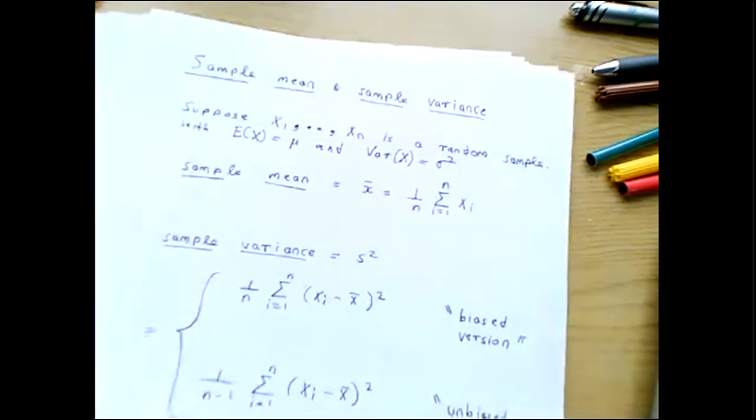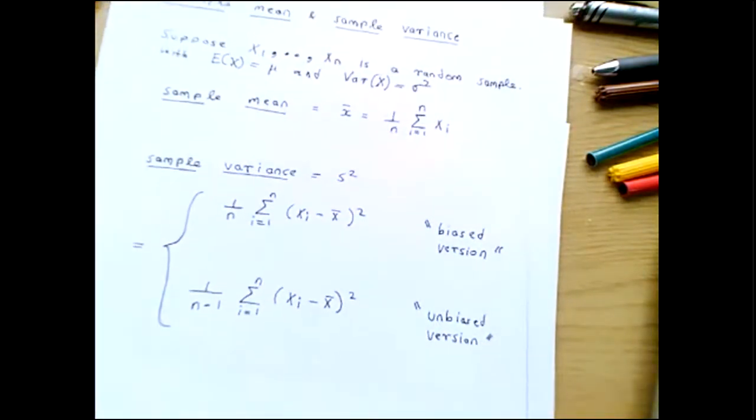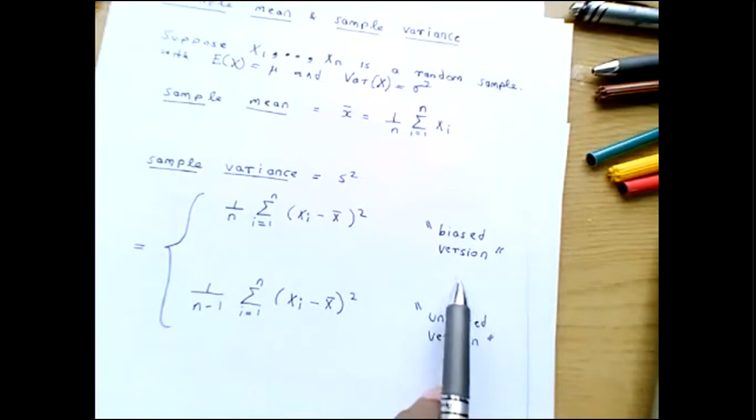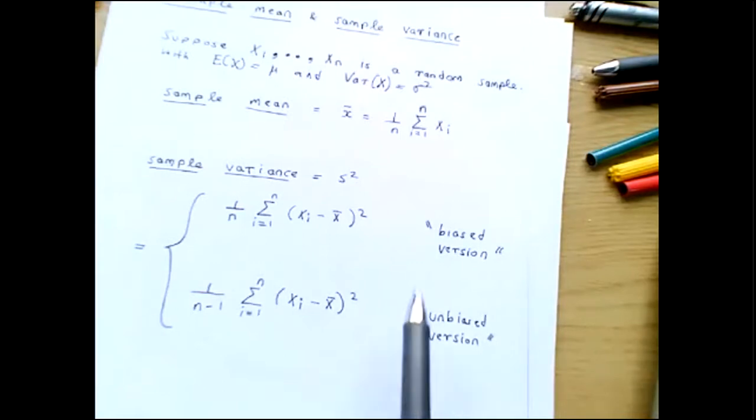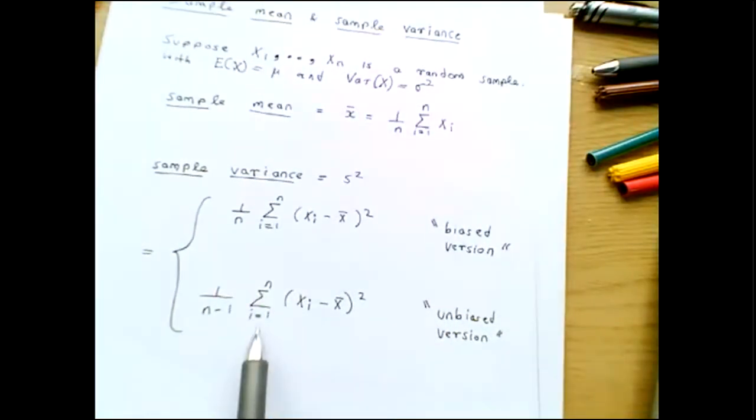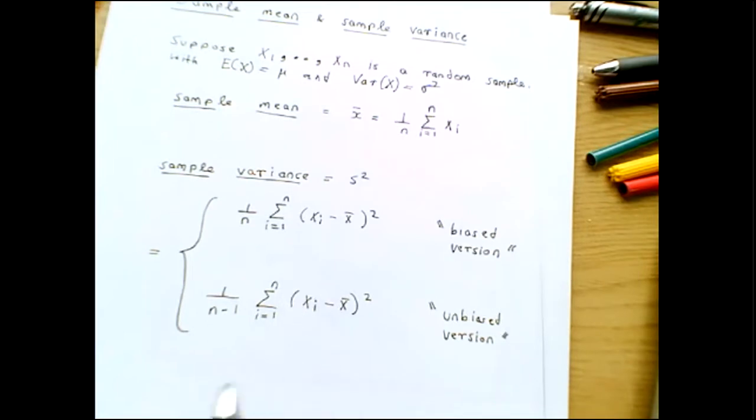You may recall that when I talked about the sample variance, I said there are two formulas for it. This is known as the biased version, and this is known as the unbiased version. And usually the unbiased version is the better one. This is the better estimate than this one, right? The reason for that is because